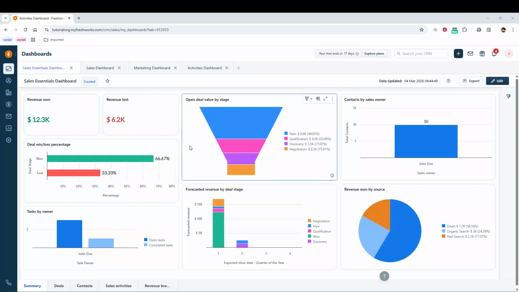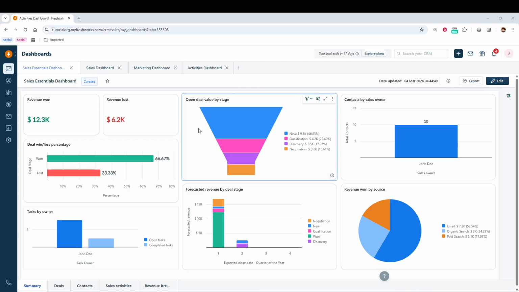In today's video, I am going to teach you how to create stage in Freshsales. To get started, make sure you are logged into your Freshsales account and you are looking at the main dashboard. Creating a stage happens inside your pipeline settings, so you will be working in the admin area rather than inside